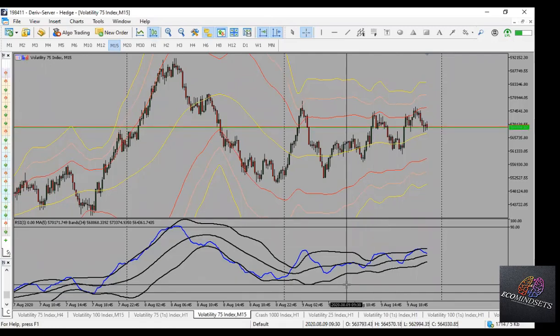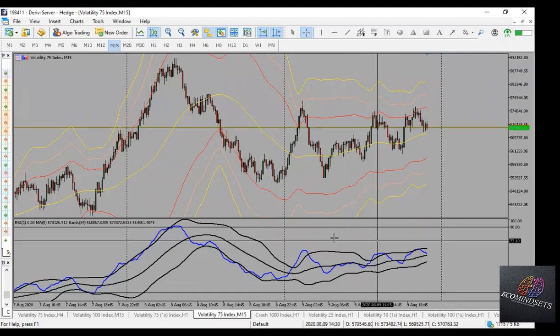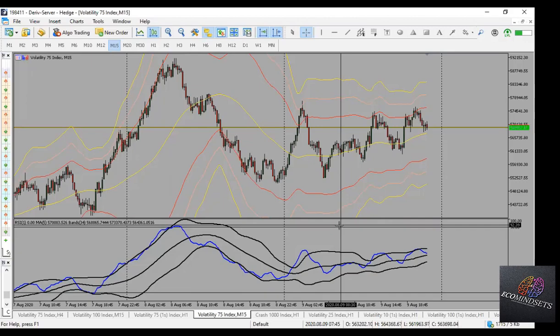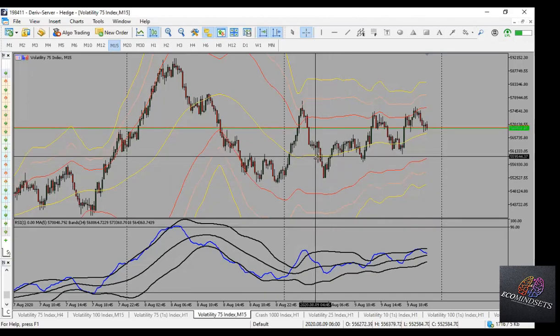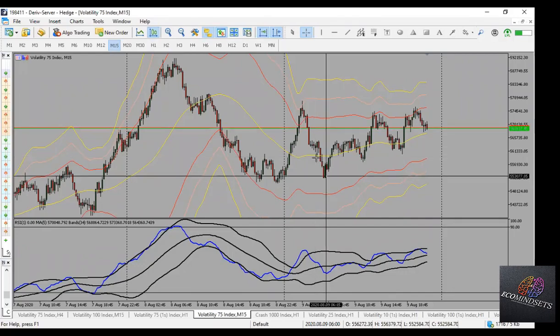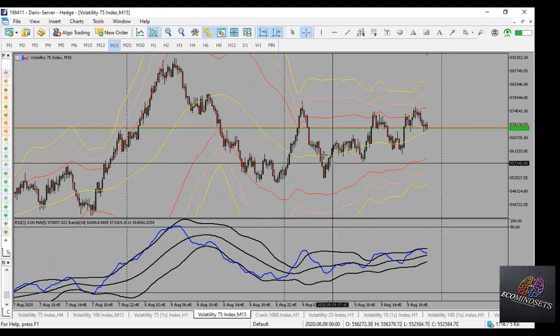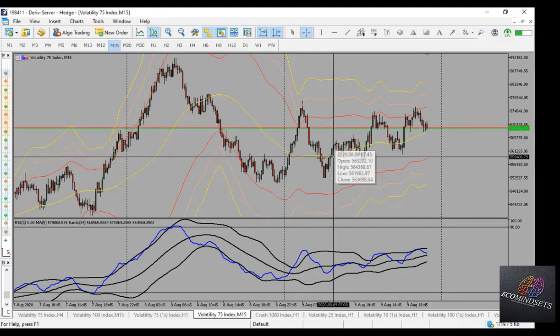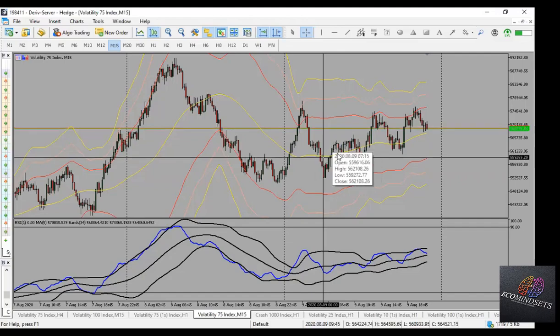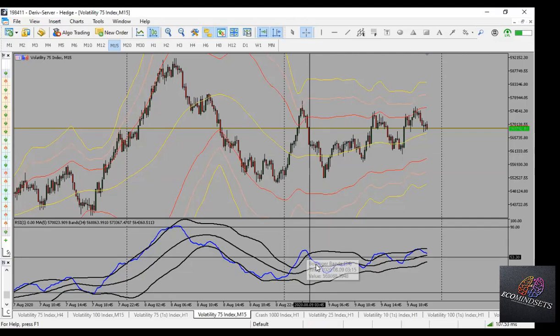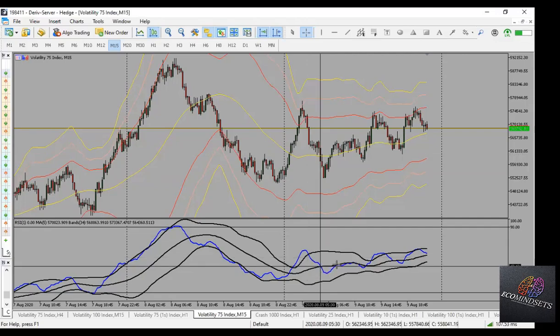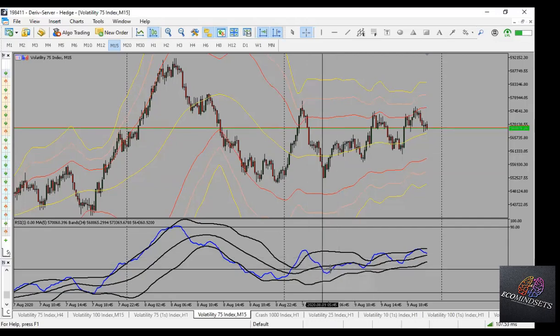How do I mean? We know already that we are on an uptrend. So what do we see here? Here, this is our middle Bollinger Band. Price rejected here and broke above our middle Bollinger Band. So this is a breakout opportunity. Now, after this price break, what did we see? Our moving average broke the middle Bollinger Band, and then here it bounced back, here it bounced back, here it bounced back.